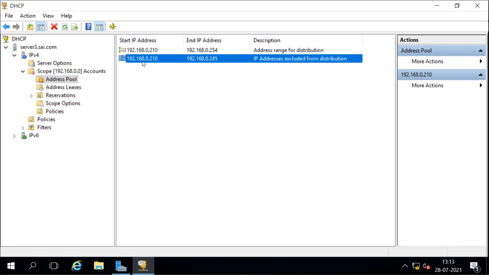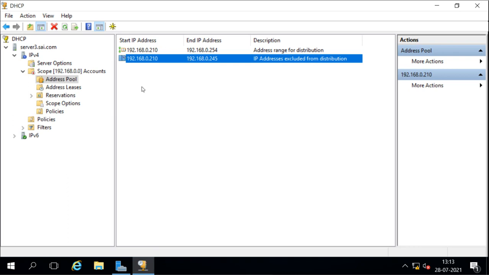That means this excluded range is available on server 2. After this excluded range, the range is available on this server, and the range which is excluded here in server 3 is available on server 2.